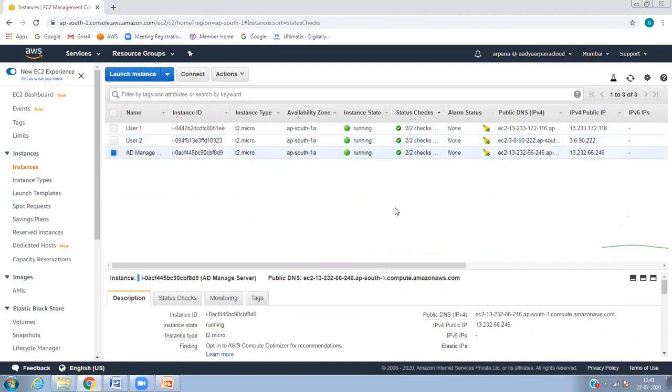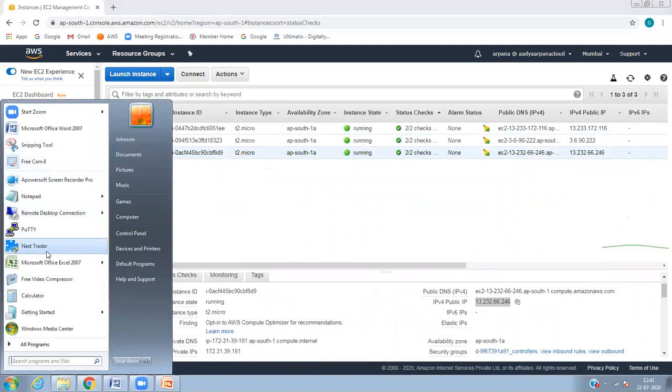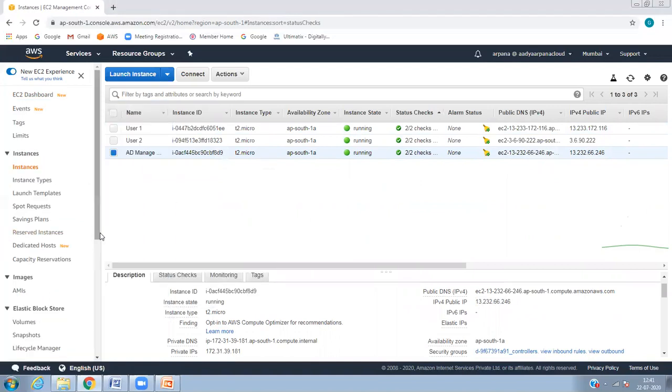Yuvraj, you asked for this, right? Where is that server? Yeah, it's correct now. So now I'm going to use this. However, RDP is already enabled. Let's see whether it's enabled or not.